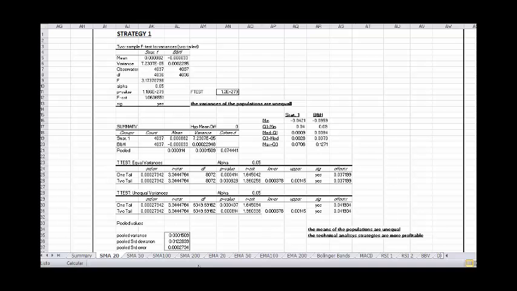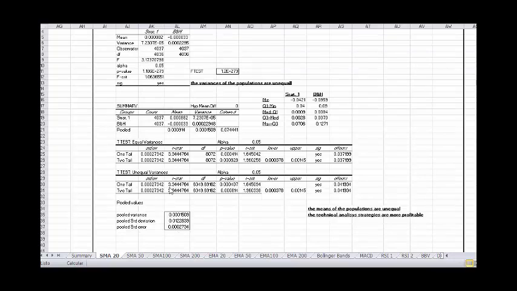Here, for the SMA 20 days and the strategy 1 and the buy and hold strategy, we perform an F-test to analyze if the variances of the populations are equal, and as we obtain that the p-value is clearly below the 5% significance level, we reject the null hypothesis that the variances of the populations are equal. So we state that the variances of the populations are unequal, and in this manner we